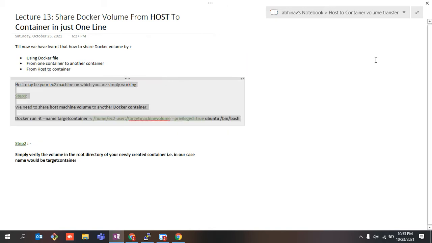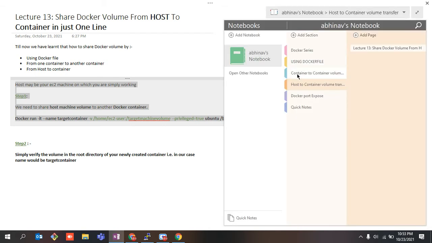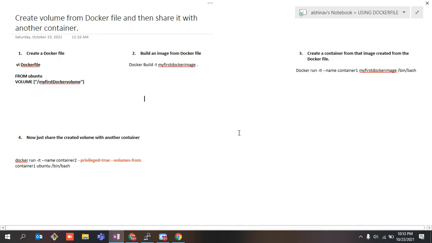So let's just do a quick recap of what we did earlier. This was the very first way in which we created a volume from a Docker file and then we shared it with another container. So there were four steps involved. I'll just do a quick recap. I created a Docker file and I wrote some set of instructions over there. Then I built an image from this Docker file by using this particular command.